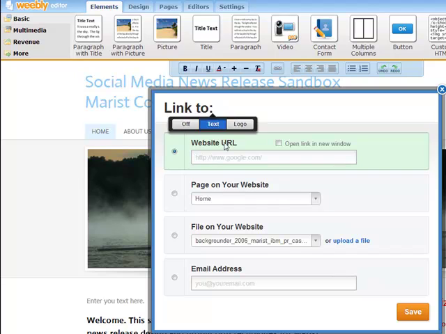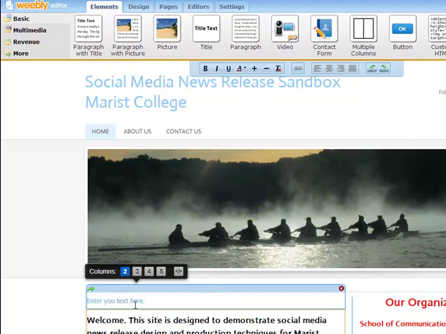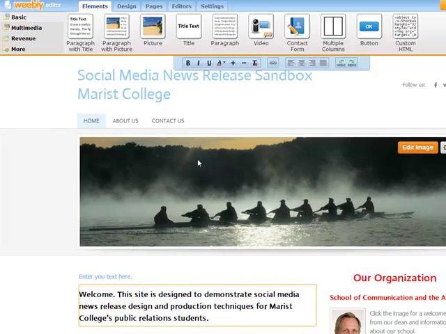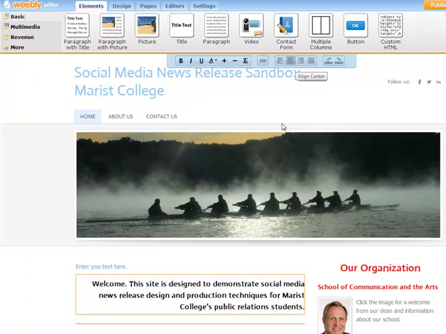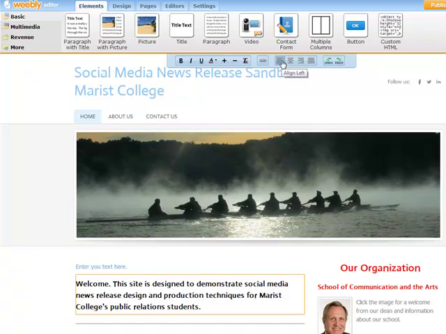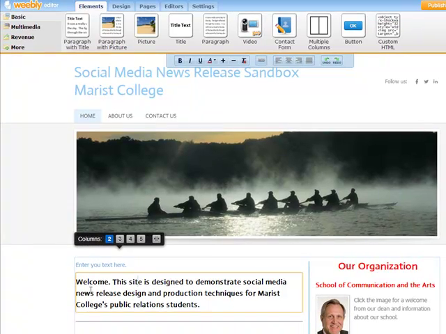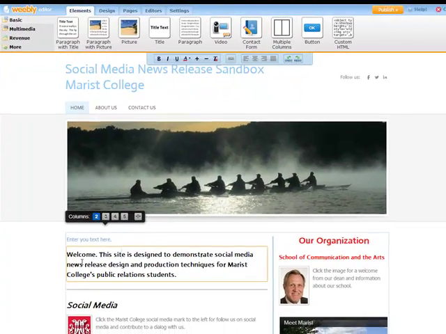If I wanted to, I could enter a link. Let's say I want to open this back to the Marist website, and let's say I want to open that in a new window. Save that, and now you have an active hyperlink. You can change the way your paragraph structure is formatted in terms of the justification. I'm going to stick with left-hand justified. You can undo, redo changes, and again, use any of these tools to change the design of the text within your box. Now I'm just going to publish this